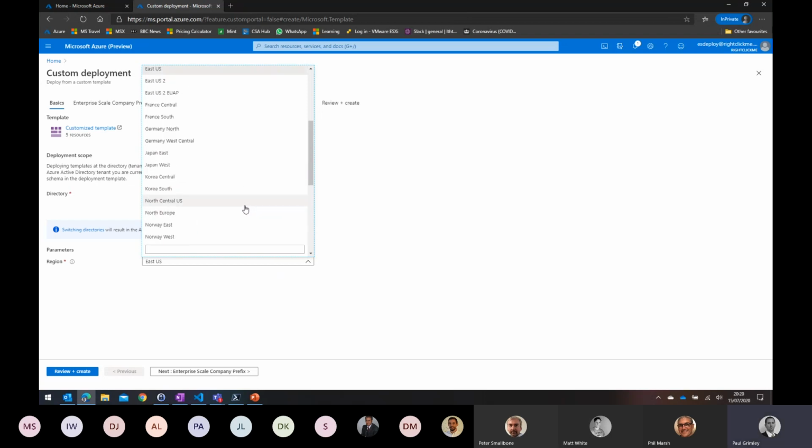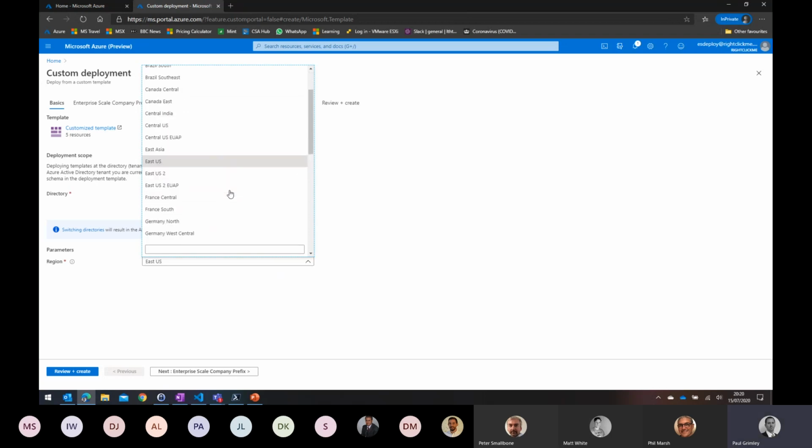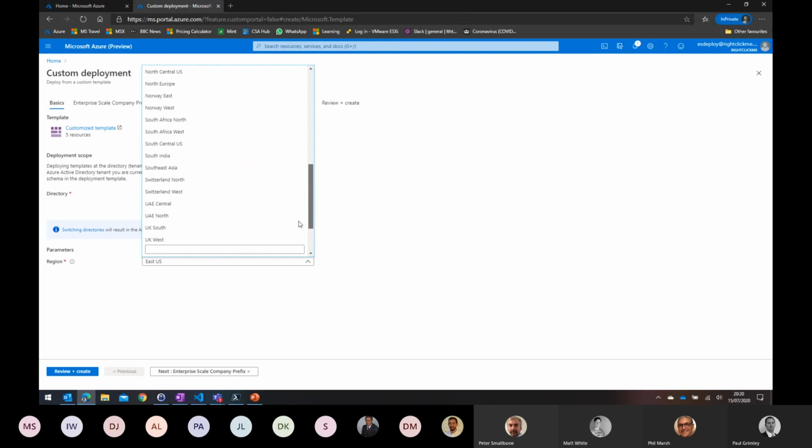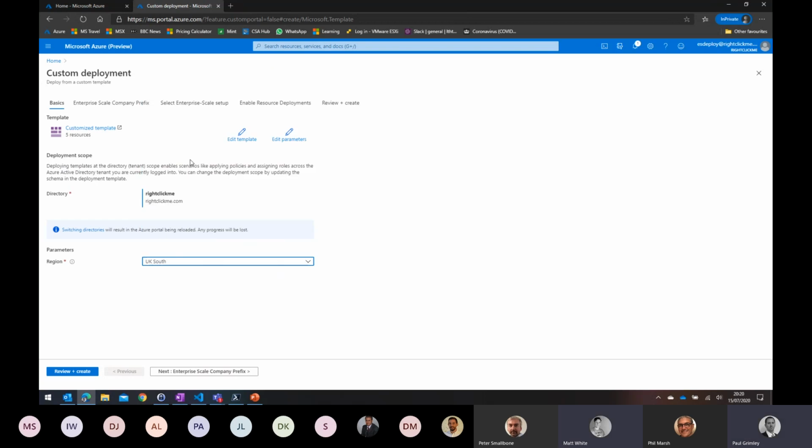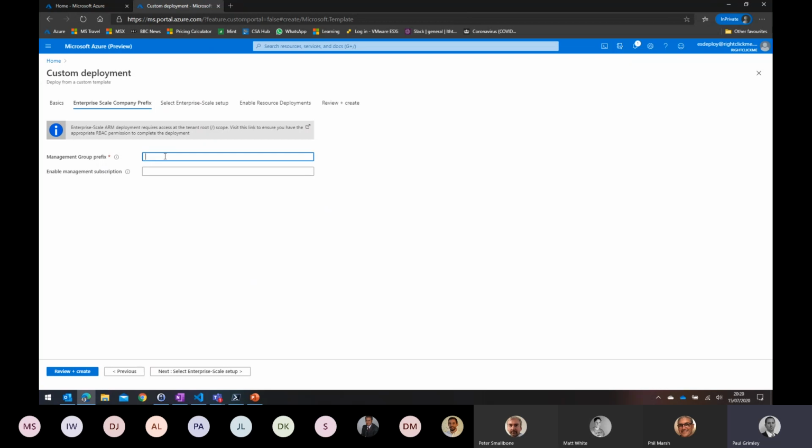Perfect, thank you. So if we just pick a, where did I put mine? I think I put mine in North Europe. So if I pick, why can't I see? You can, West Europe, North Europe. I'll pick UK South. I'm not actually going to execute this anyway. But if I click next, there's a management group